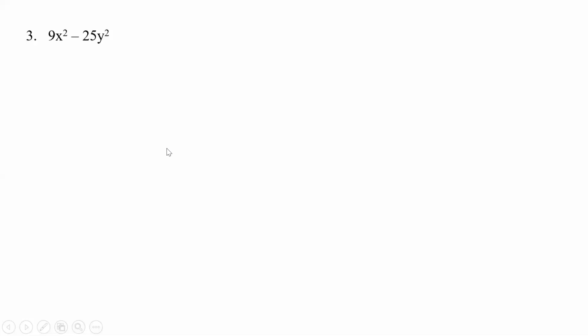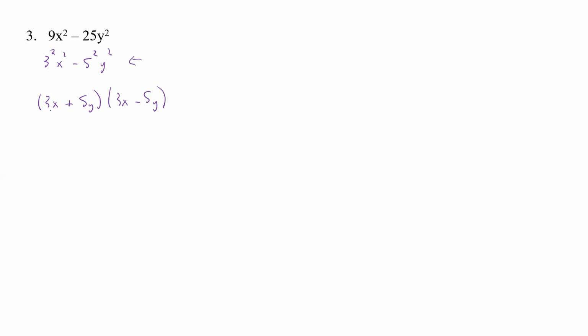All right, so looking at that one, I see the x squared and a minus a y squared. So that looks to me like a difference of squares. Well, what is 9? Well, 9 is 3 squared. What is 25? Well, that's 5 squared. So this makes it easy. So now I just have a 3x plus 5y and a 3x minus 5y by using the formula for the